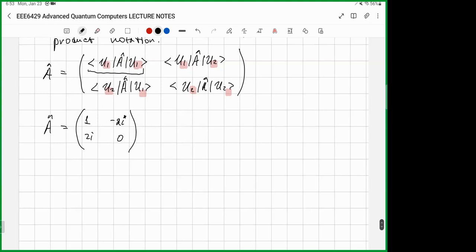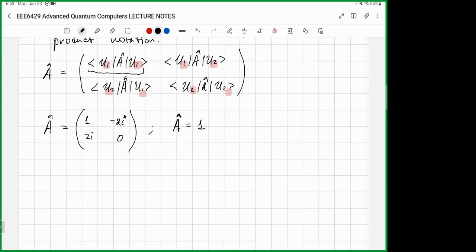So let's rewrite this in the following form. I guess this is the best way to write this. Just write and see how it works. So I take this first element, which is 1, and then multiply